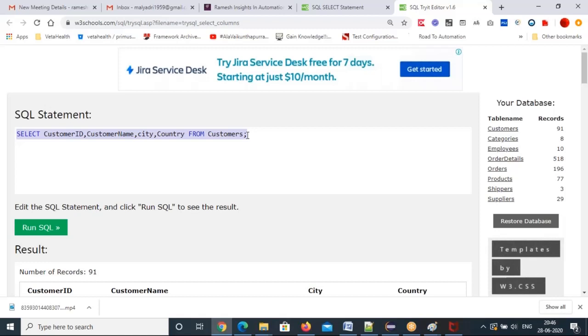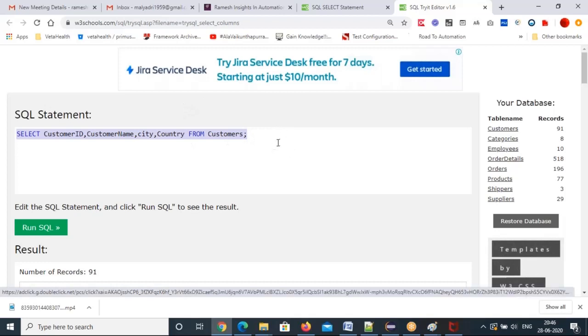So that's the SQL select statement. There are a lot of select statements. We'll execute them one by one, but understand this. Also try executing this yourself. Then it will be very easy for you to get the concepts. If you're not practicing, it's difficult. You also try along with me. Now itself you can try and get some idea how to write SQL statements. Instead of just listening, open W3Schools and try to explore. That will give you some idea.